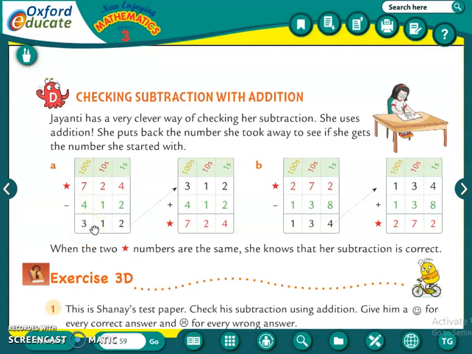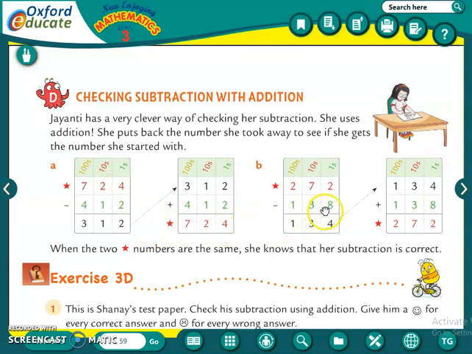Now if we want to check whether the answer is correct or not, whatever the answer comes, 312, that we have to write first, 312. Here it is written minus 412. That number only we will add to that answer. That means to 312 we will add 412. So the answer will come, and whatever the answer comes is the number given before in the first sum. So both are the same, it means our calculation is correct.